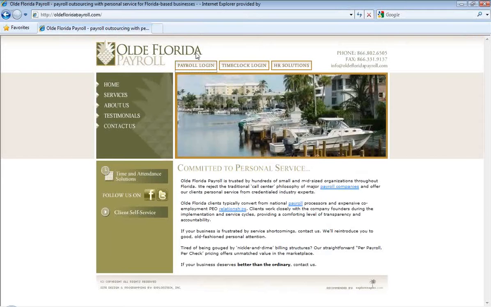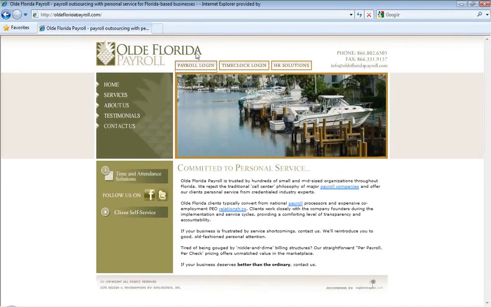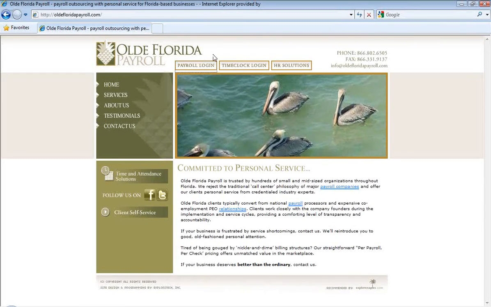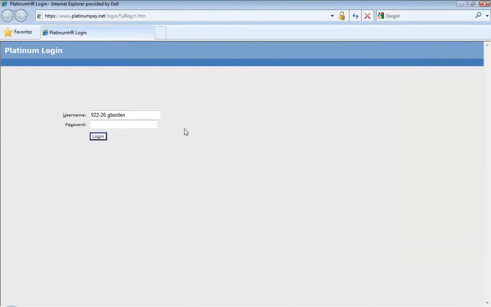There are two perfectly acceptable ways to access PlatinumPay. 90%, I would say, of our clients will simply come to our website, oldfloridapayroll.com. They'll click on the payroll login button. That will prompt a new window, and typically everything looks exactly the way it does on my machine. Occasionally, you might be in an environment where there's security settings on your browser for one reason or another that prevent this login button from illuminating. So as you're watching this video and you're trying this internally, if this looks grayed out, we've got a little